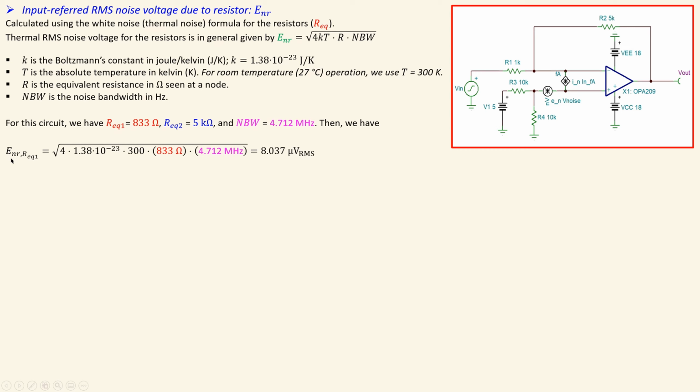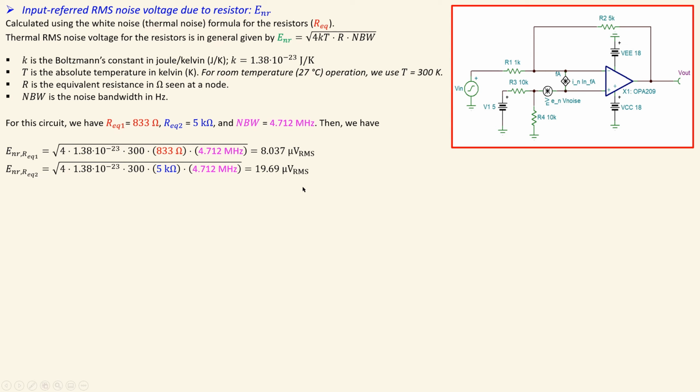So we have now the RMS or the thermal noise voltage due to this resistance, which is then just substituting the values in this formula. You will have 8.037 microvolts RMS. And if you do a similar calculation for the second equivalent resistance, just substitute the values, only this will change to 5 kilo ohms. You will have 19.69